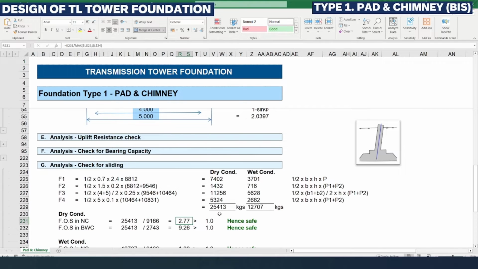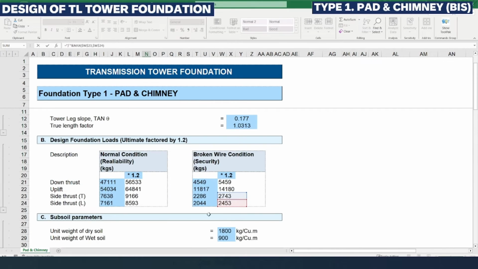So this resistance force divided by actual thrust, we are getting 2.77, which is greater than 1, so this is safe. Similarly for broken wire condition also, we already have this value,